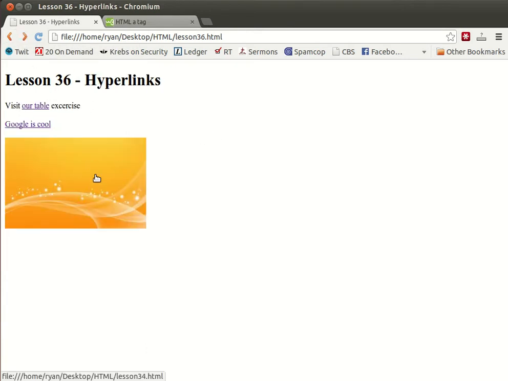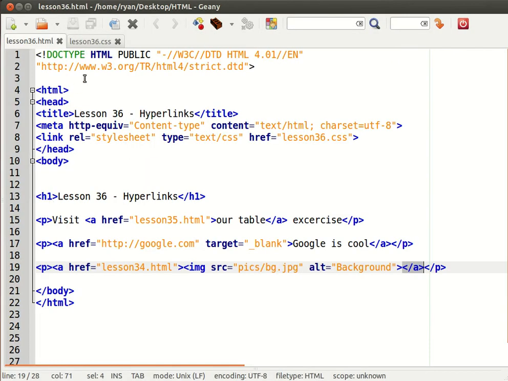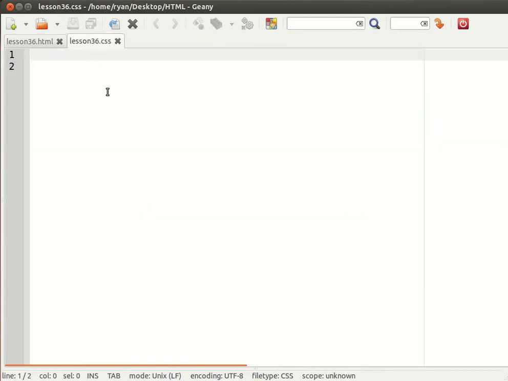How do they know that this is actually a hyperlink? Well, look, the mouse cursor changes into a little pointer. Now some older browsers have a very strange thing that happens. Especially the older versions of Internet Explorer put an ugly blue border around a picture as soon as you turn it into a hyperlink. So what we're going to have to do to stop that behavior is in our CSS we do something like this,